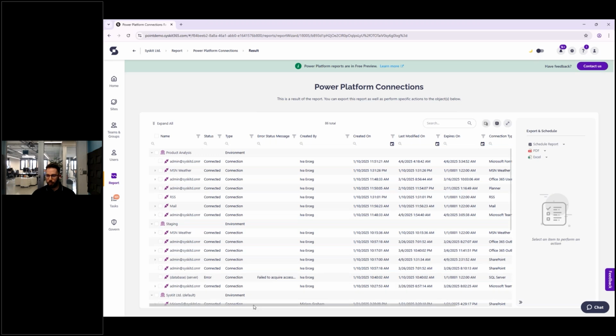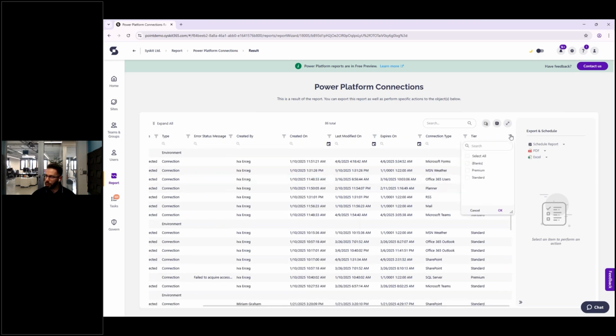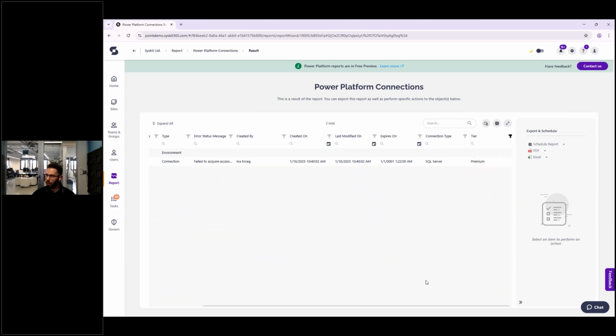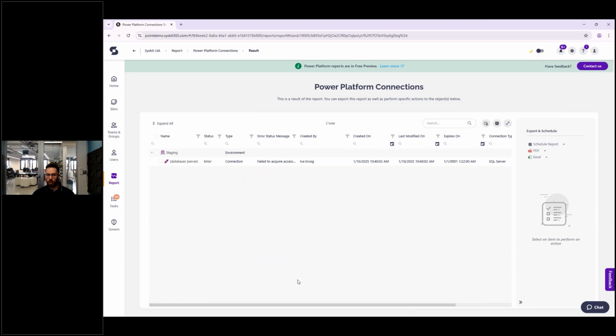And like with previous reports, you can see a whole bunch of information. But what's maybe the most useful here is that you can filter out the tier to show only the premium connectors. So this way you can see all of the premium connectors that are available. You can see if they are being used, and you can see whether they are something that needs to be allowed. So this is also one way that's going to help you show the information that you need, and you can easily access that information so you can make better decisions moving forward.